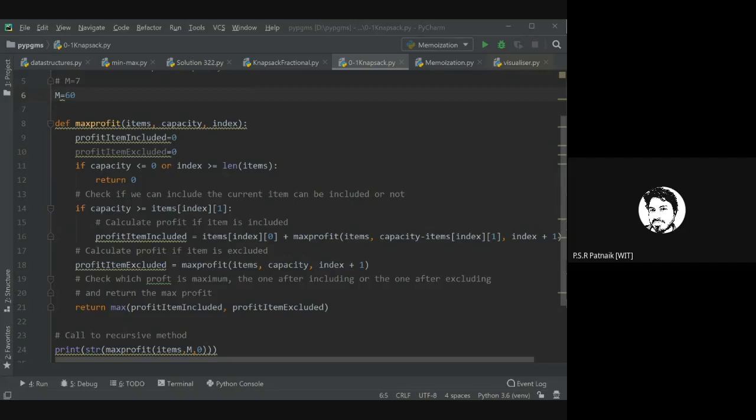Yeah. So you can see that for capacity 2 and index 4, you are calculating redundant calls.